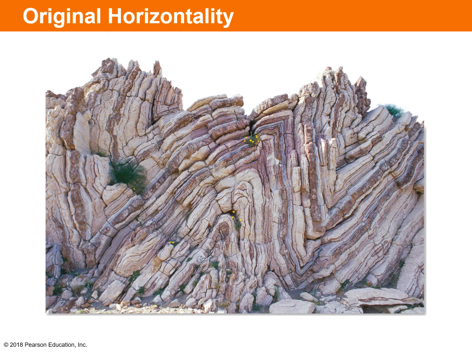This photograph is a pretty good example of what the principle of original horizontality can tell you about a rock formation. If we assume that these rocks we were looking at were originally deposited horizontally, then you may note that a very significant amount of folding has occurred to this rock formation. You can see the different layers of red and white in the rock, and